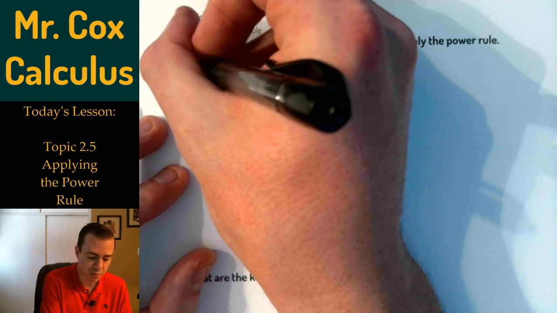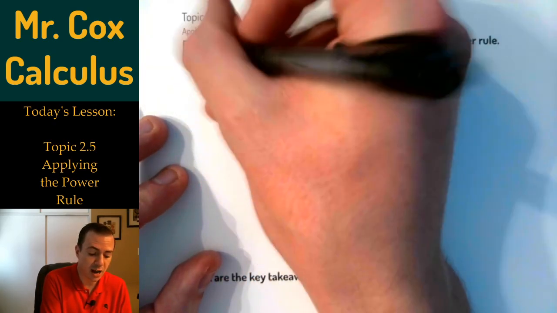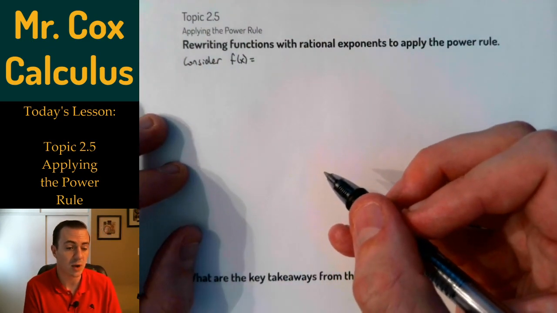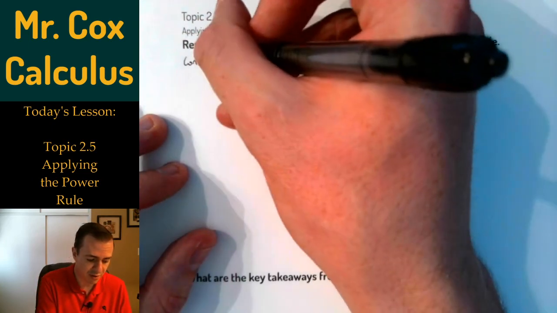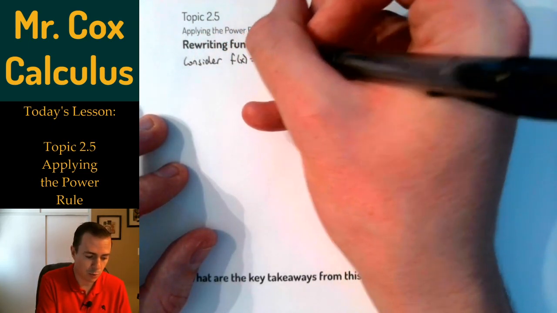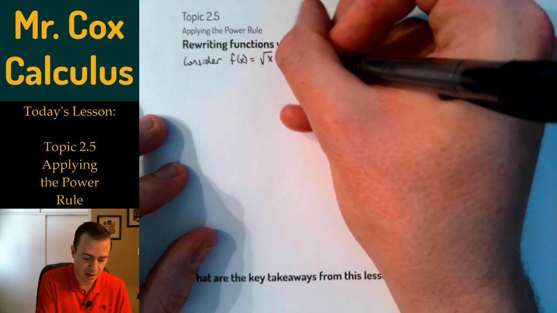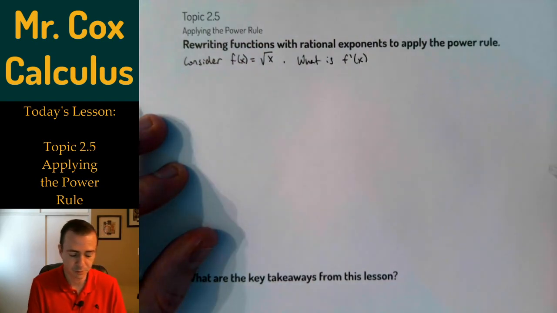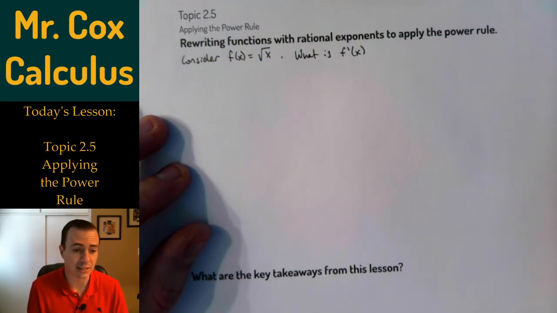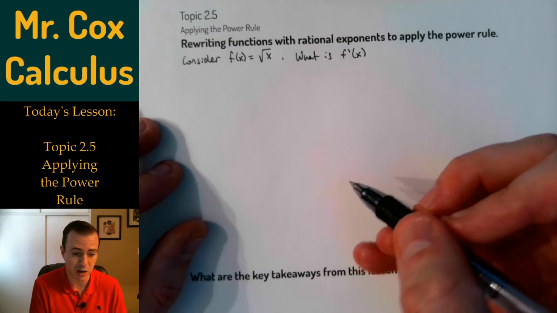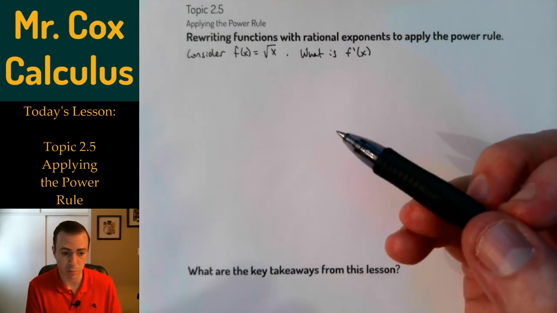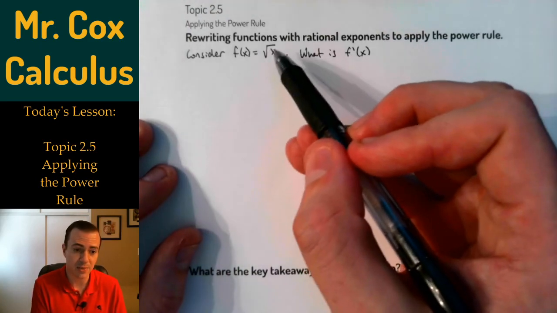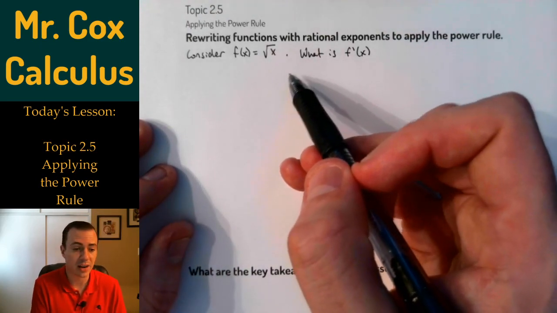Let's look at another type of function where maybe it's not originally presented as x to a power, but there's a really quick and easy rewrite that can make it work. Let's look at f of x equals the square root of x, and I want to know what f prime of x is. Just like in the past, where I had 1 over x to some power and rewrote it as a negative exponent, if I can write this as x to a power, then I can take its derivative